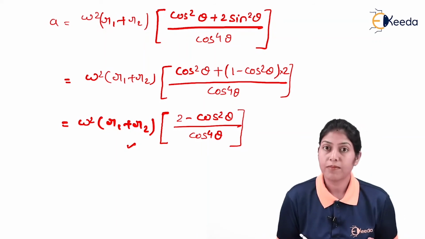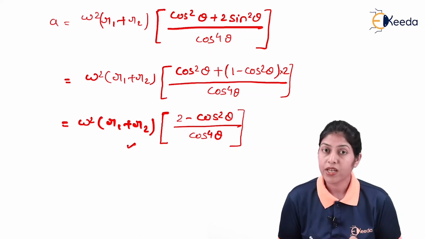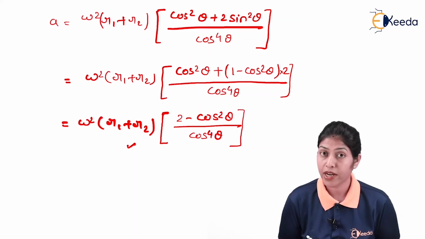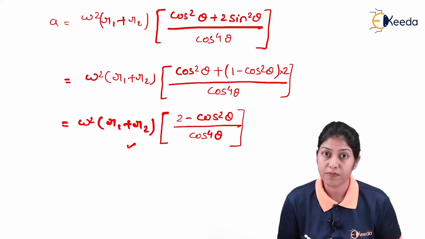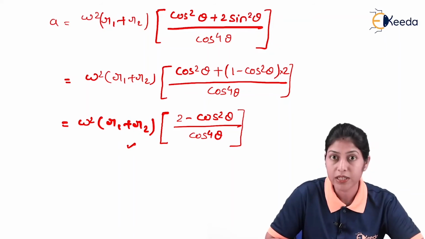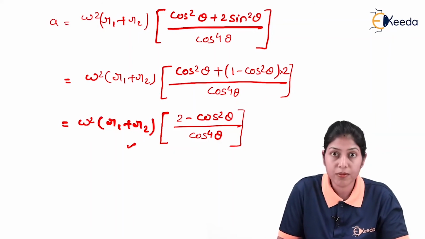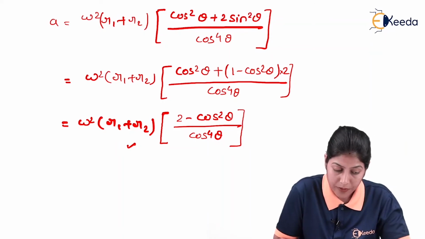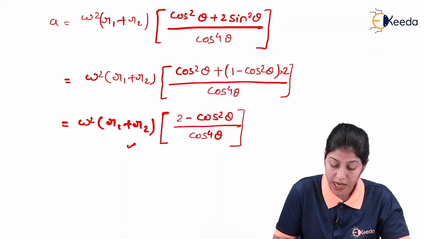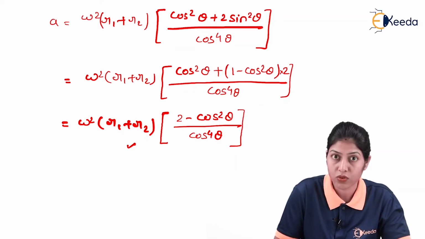And if we want to define the maximum and minimum conditions of the acceleration, as we know, where we consider maximum velocity, at that point the acceleration will be minimum, and when the velocity is minimum, at that point acceleration is maximum. On the basis of the value of theta also we can define the maximum and minimum acceleration. If we want minimum acceleration, this value of cos theta should be maximum, and this value would be maximum when theta equals 0.